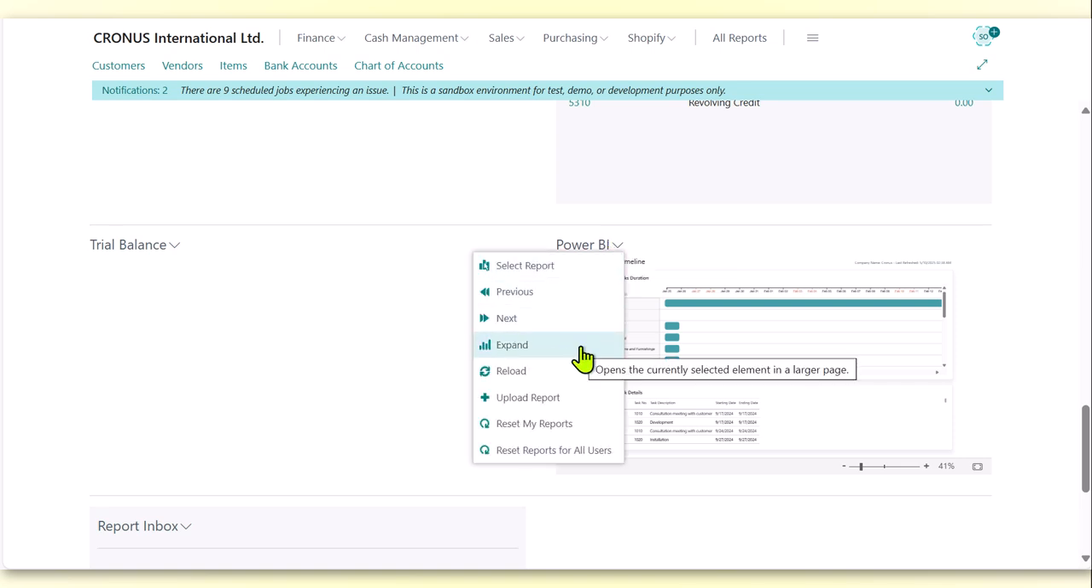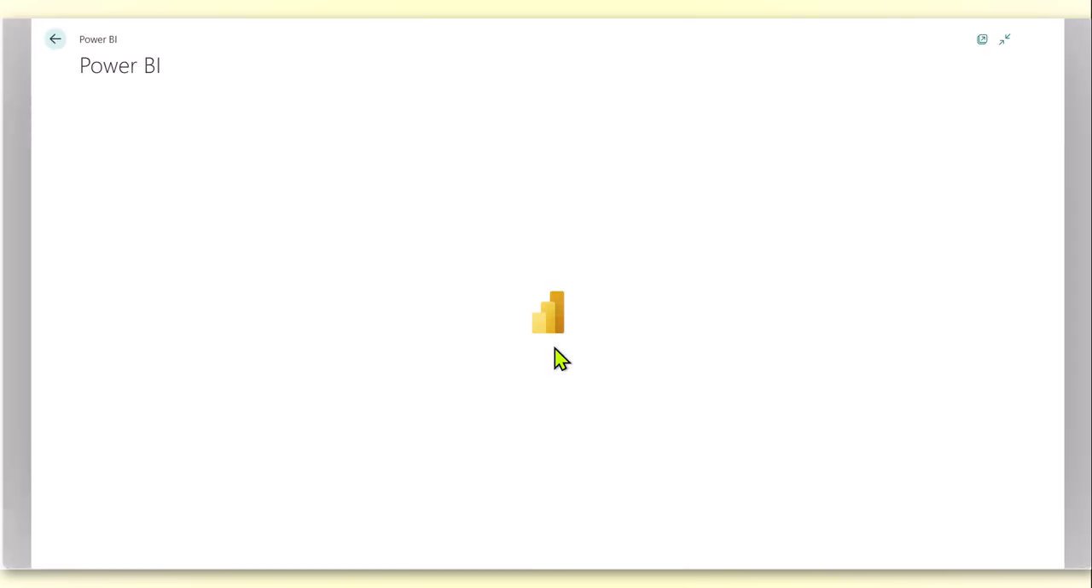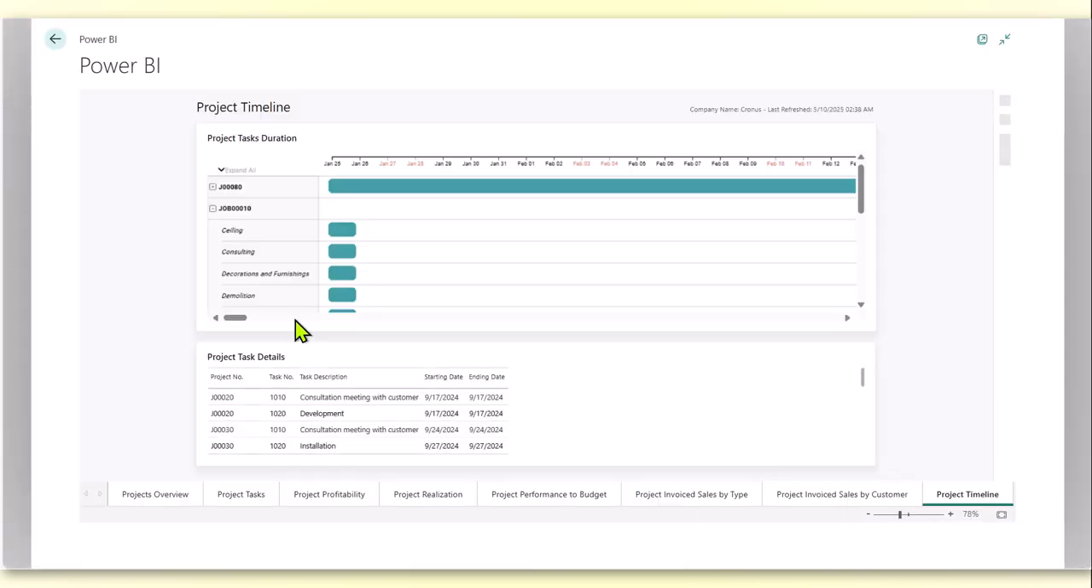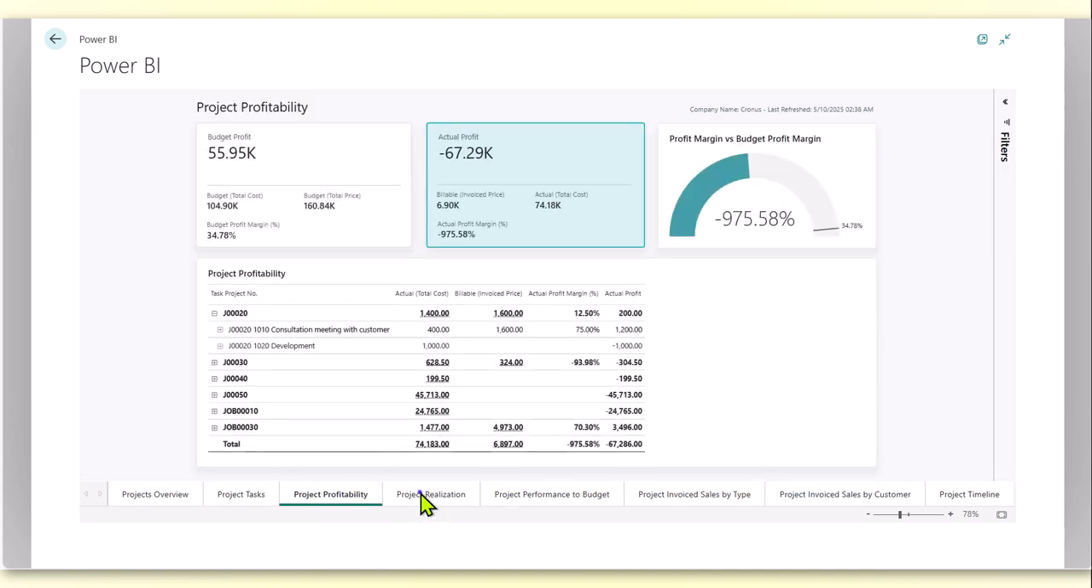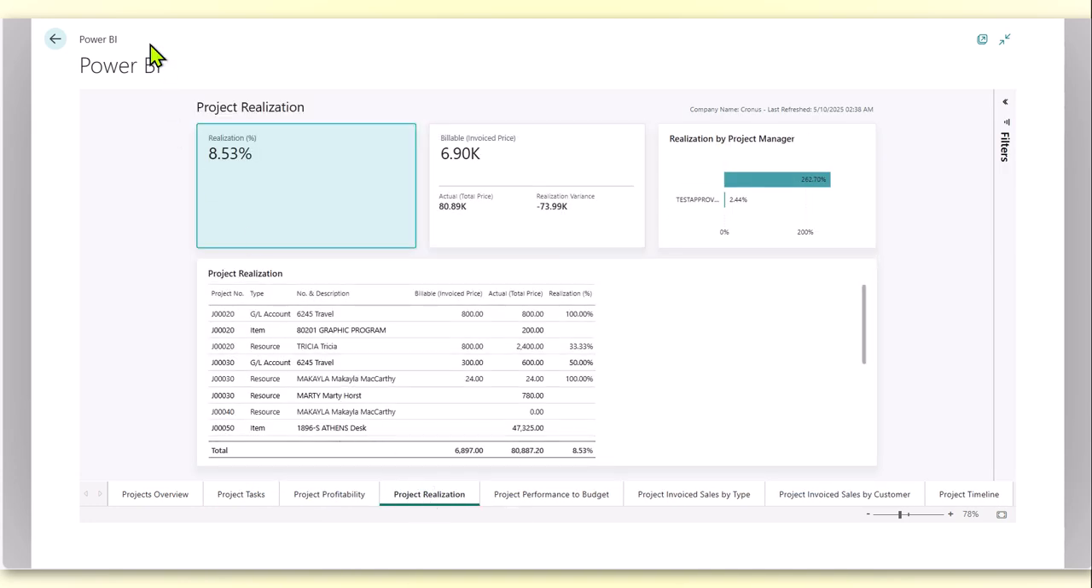If I wanted to see an enhanced view, I can click on expand. So I'll be able to see the existing reports. Then the other way is